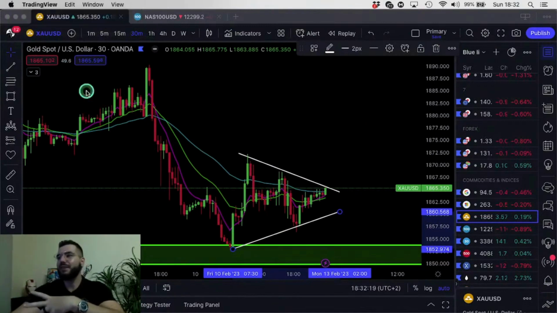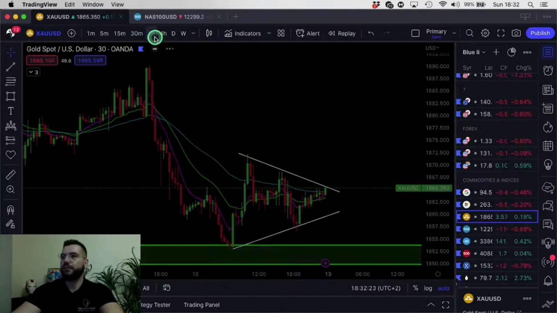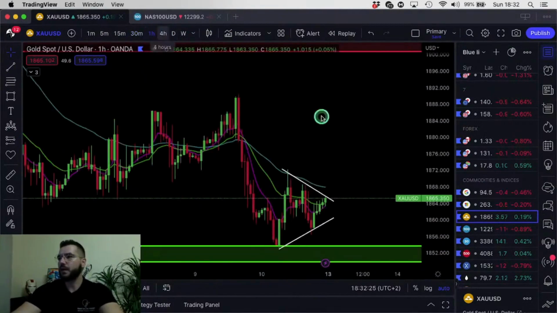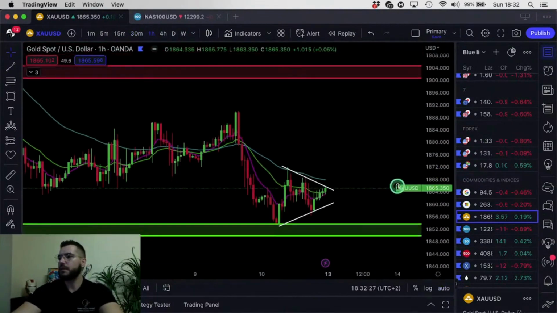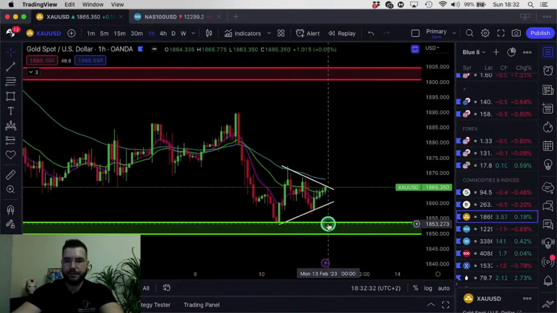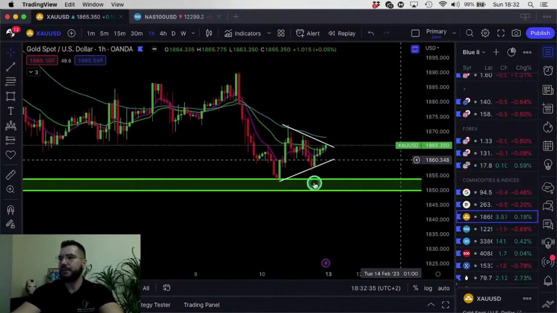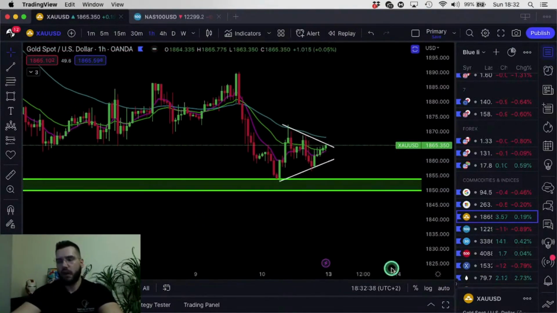If this, however, doesn't happen and this pennant breaks to the bottom, I would wait for a clear break of our support level, which is this 1850 that we spoke about. And once that 1850 level has been broken, then obviously we're going to look for sells,